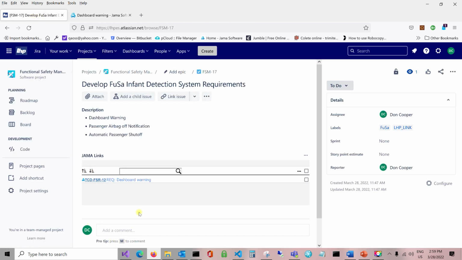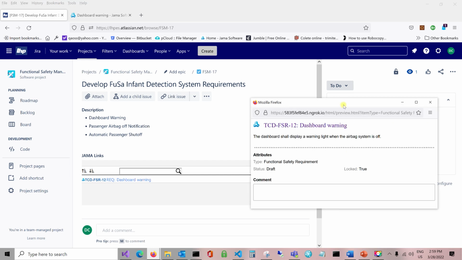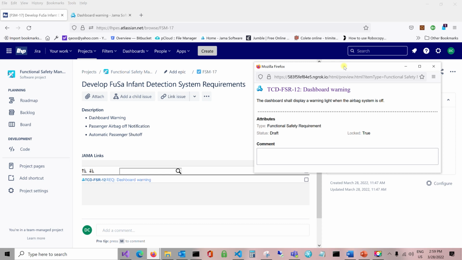But if you're managing the project in Jira and you don't have access to Jama, but you still need visibility into Jama to see what the issue is linked to, you can hover over the Jama ID for a moment and a preview window will open, which gives you visibility into the Jama item that this Jira issue is linked to. It gives you the name of the Jama item. It gives you the description of the Jama item. It gives you the type of Jama item, in this case, a functional safety requirement, the current status, whether it's